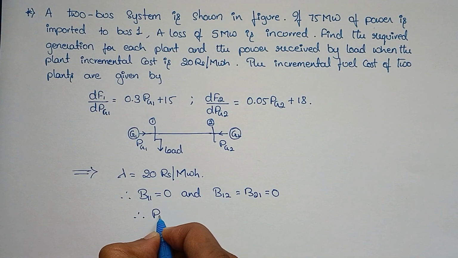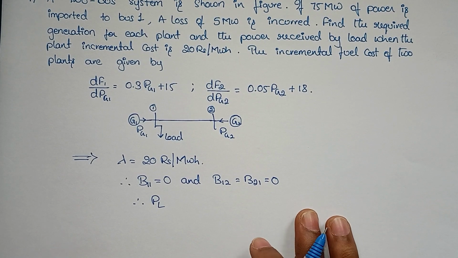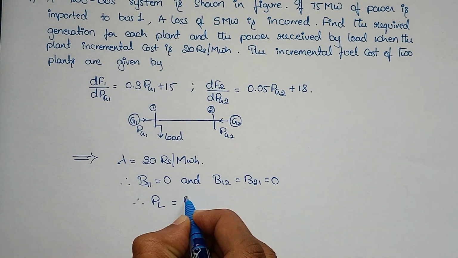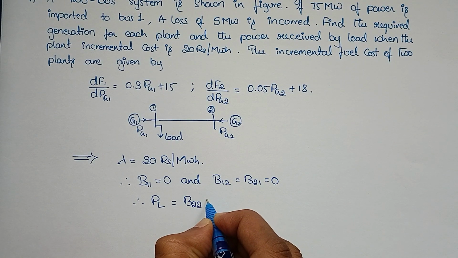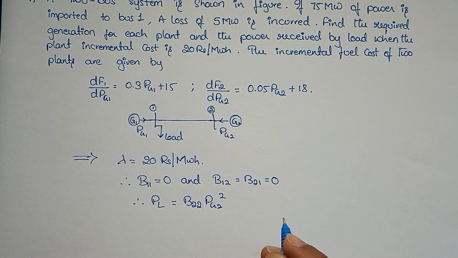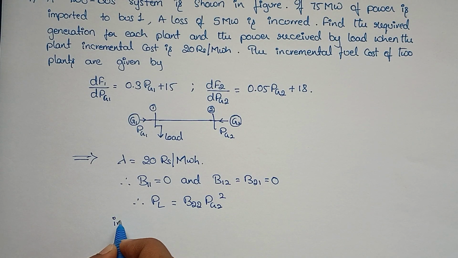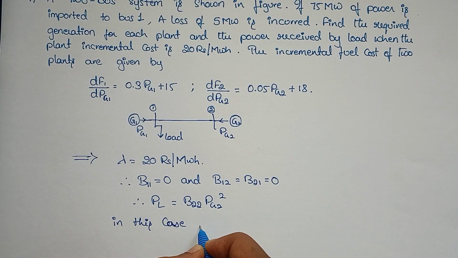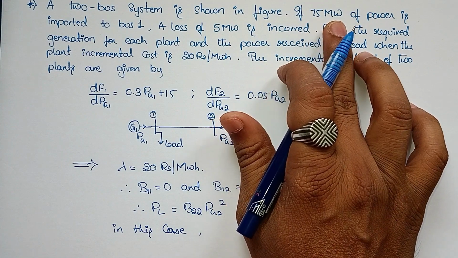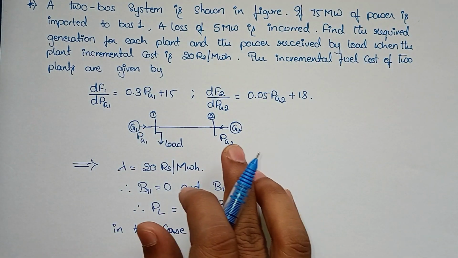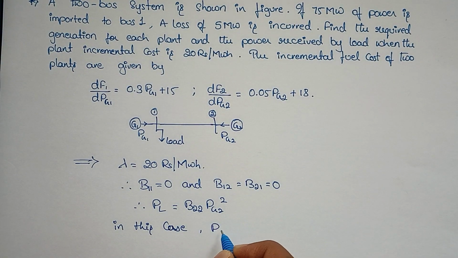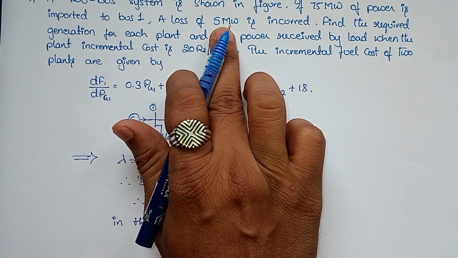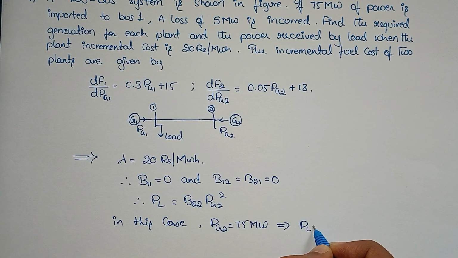Therefore PL is equal to B22 into PG2 square, and in this case you can see from the problem that when 75 megawatt of power is imported, which means from generator 2 or bus 2, we can mark it as PG2 equal to 75 megawatt, which leads to a loss of 5 megawatt, which means PL is equal to